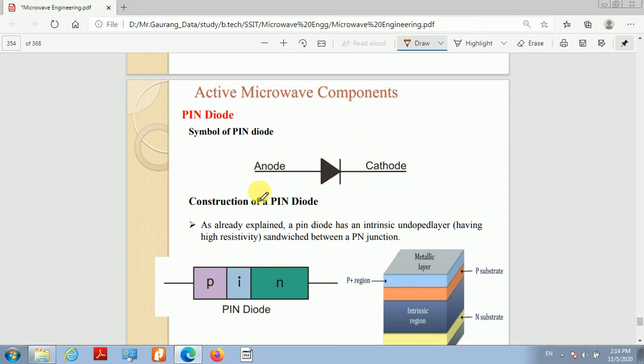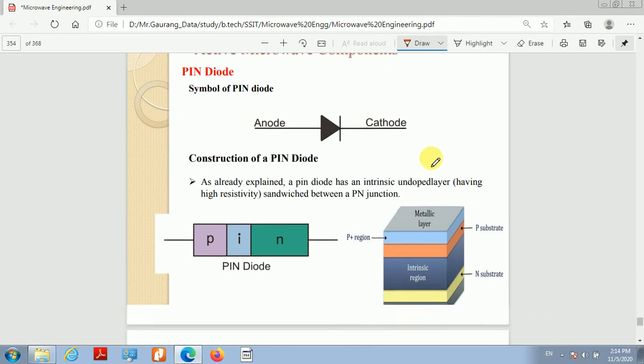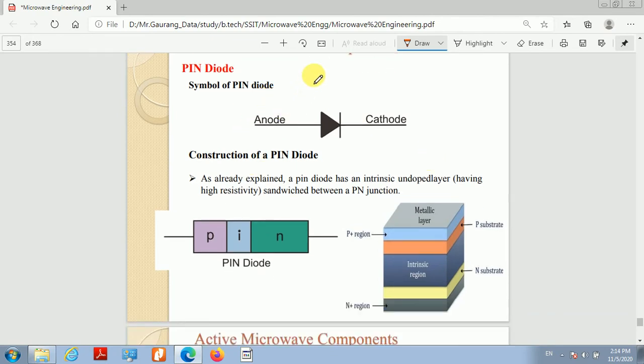It has two terminals, one is anode, another is cathode. And जैसे मैंने explain किया कि there are two regions, P and N. In between P and N there is an intrinsic region, which is the high resistivity region or low conductivity region because it is the undoped region. Okay, correct. So basically this is the undoped region, or the doping level is very low in the intrinsic region, where